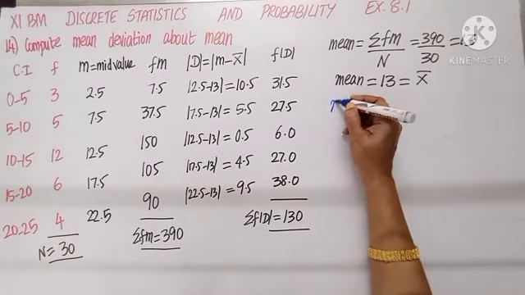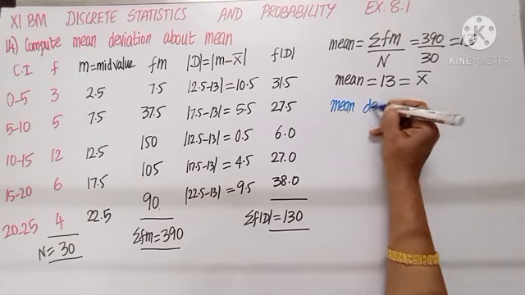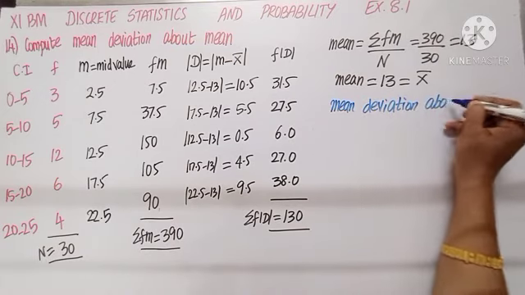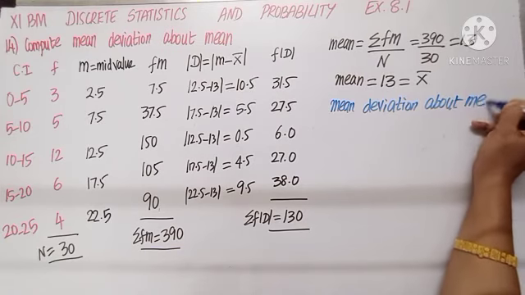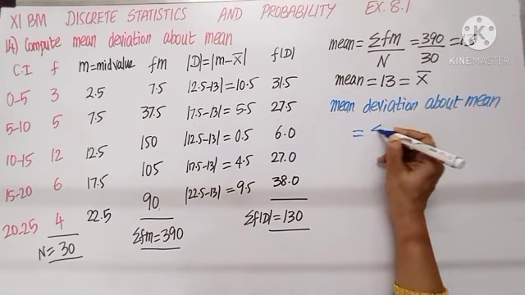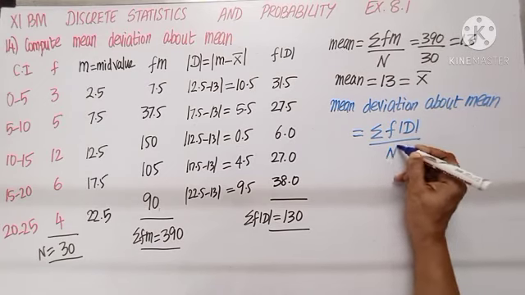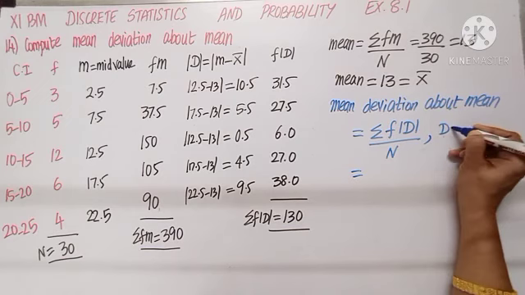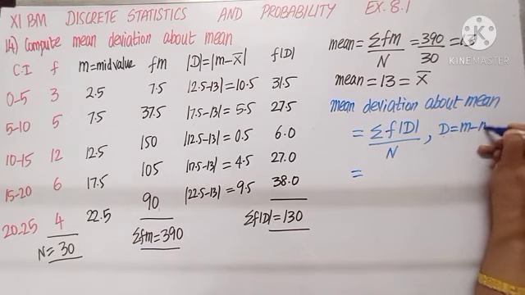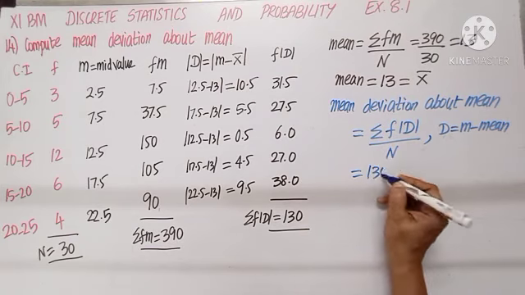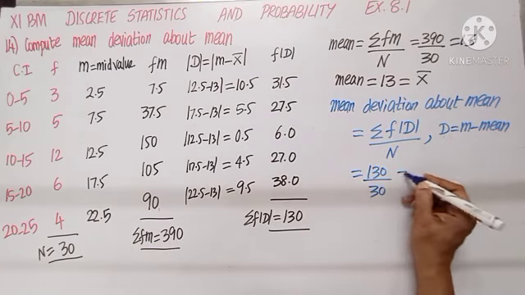Let us remember the formula mean deviation about mean: sigma f into modulus of d divided by n, where d is m minus mean. As we simplify, 130 divided by 30, we get